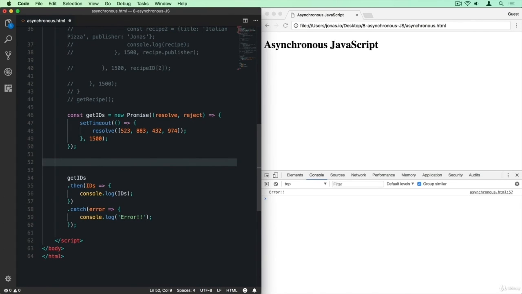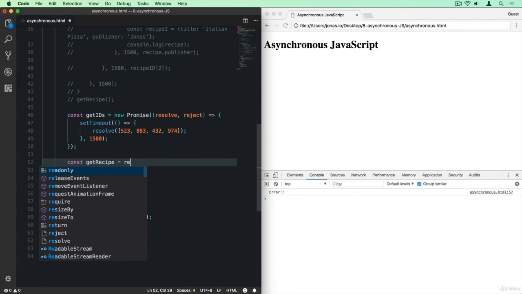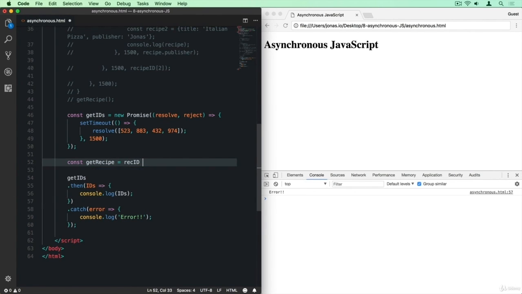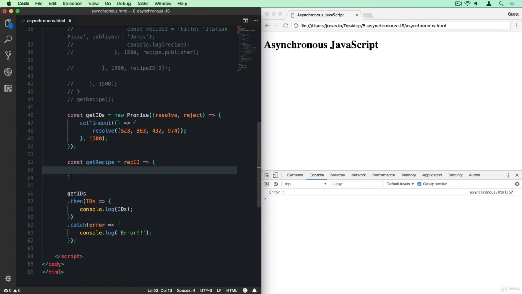Okay, and so what we're going to do is to actually create a function which receives this ID and which will then return a promise. So let's say const getRecipe, which will be a function that receives the recipe ID, and with this function body here. So again, an arrow function expression here with the new ES6 syntax. Then in here, we can return our new promise. So we return and we say new Promise,